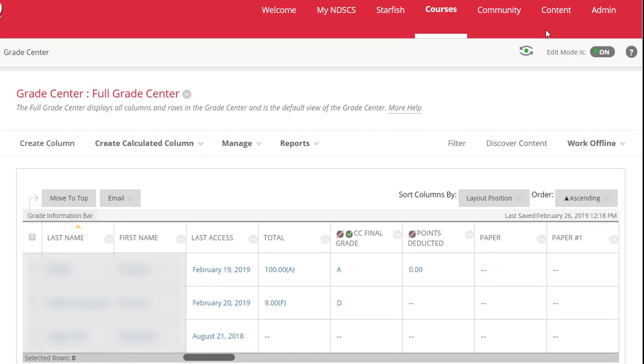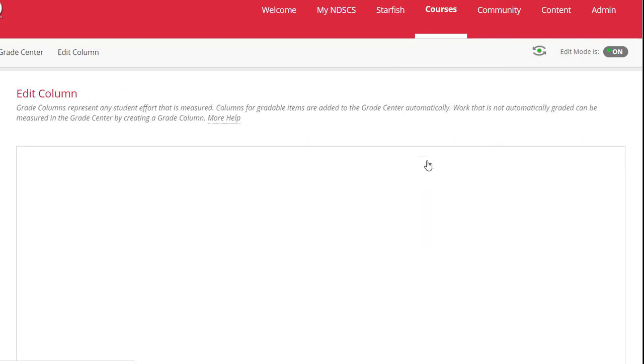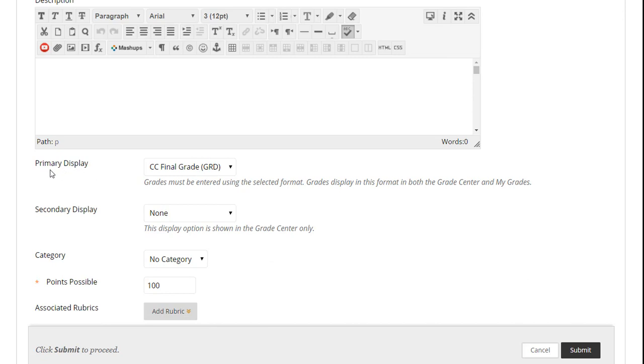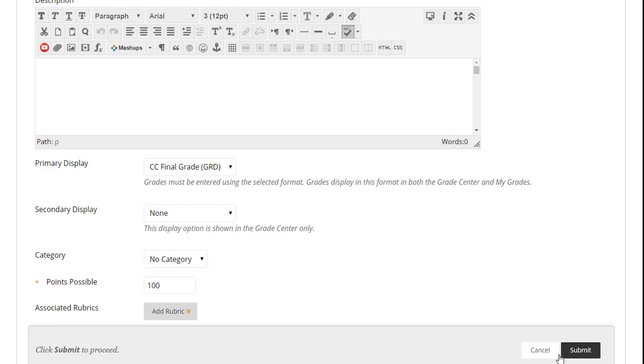So now that we have the columns side by side, and we've checked and made sure that we have the correct grading schema that we want to use, then what I suggest is that we go to the Options menu for the CC Final Grade column, choose Edit Column Information, and where it says Primary Display, that's where you would like to select the grading schema that you would use in Campus Connection. Click Submit,